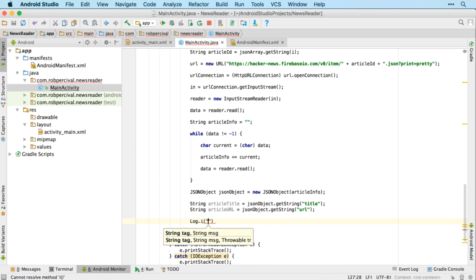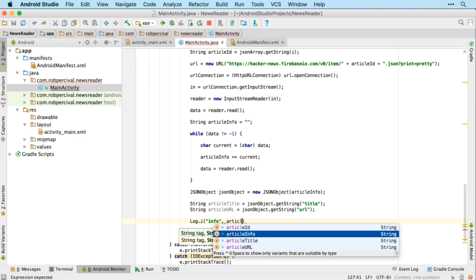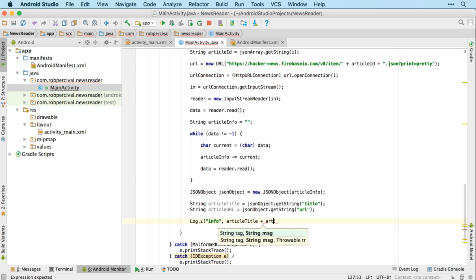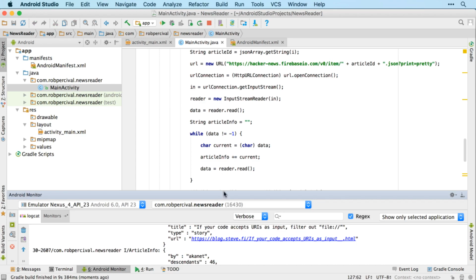So we could jump straight onto the next one, but I think it's always a good idea to print things as you go. It doesn't take long, and it could save you a lot of time further on down the line. While that's compiling, it's a good idea to think about what is going to come next. So now that we've got the article title and the article URL, the final bit of data from the web that we're going to need to get is the article content, which we'll get, of course, from the article URL. So let's just make sure that